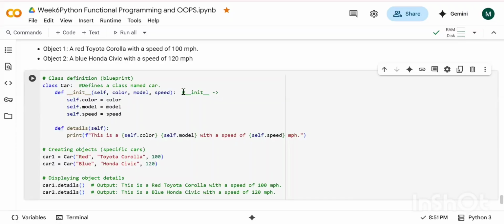This is the initializer. Init is the short form for what? Initializer.